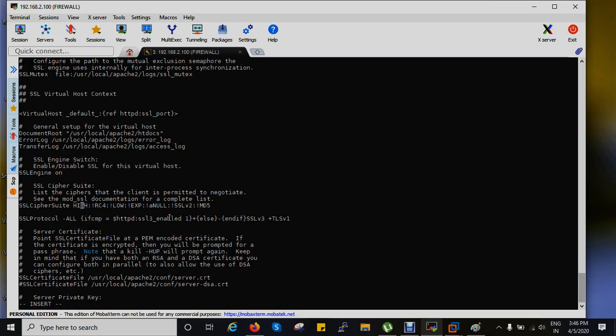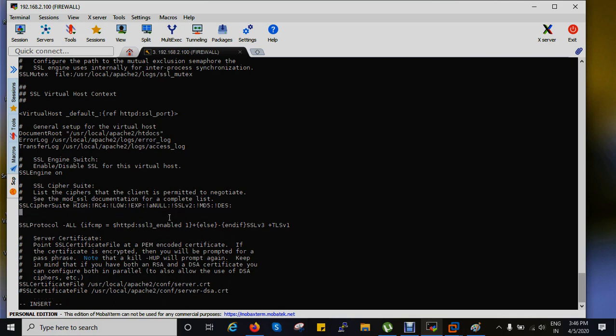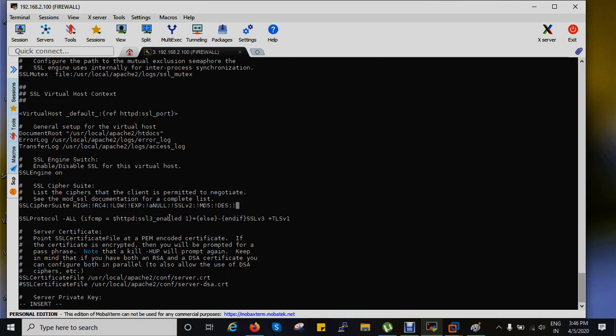After inserting, remediate here using the colon. Whatever cipher you want, in my case I want to use dash 3DES. Come down, and to remediate these, just put this plus mark.